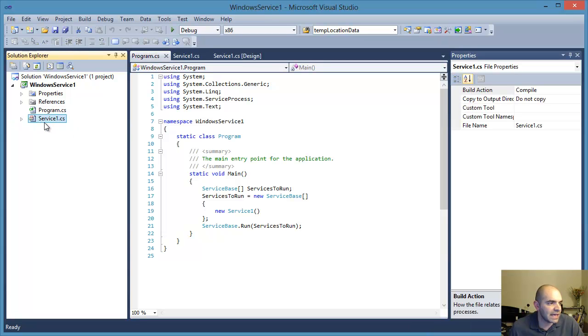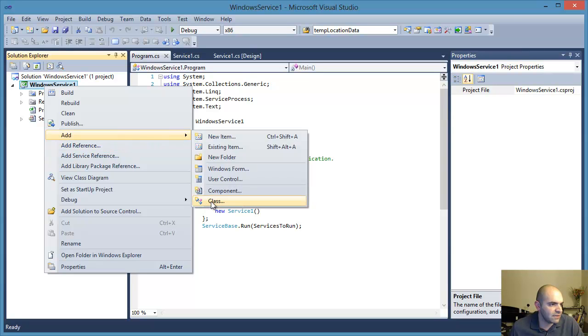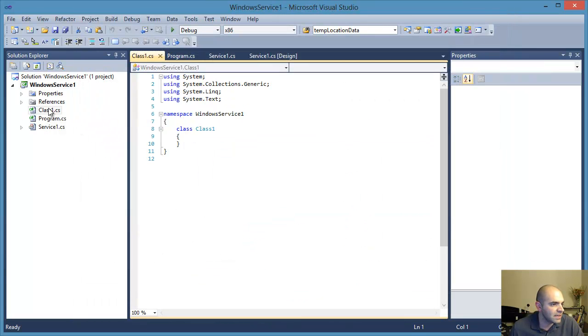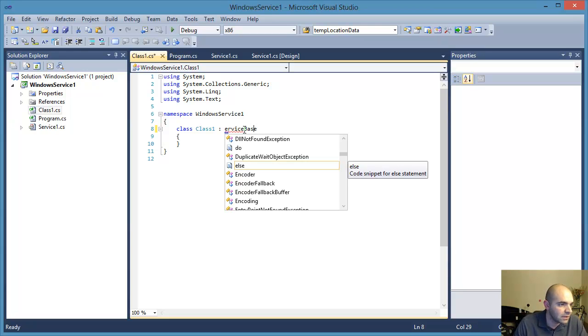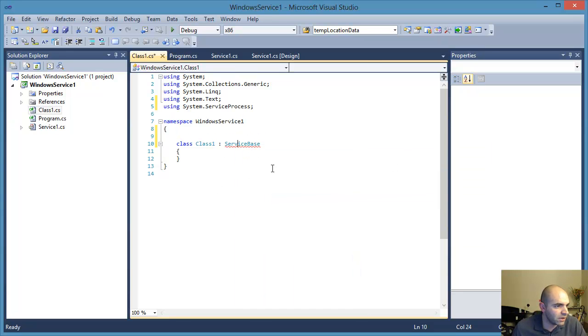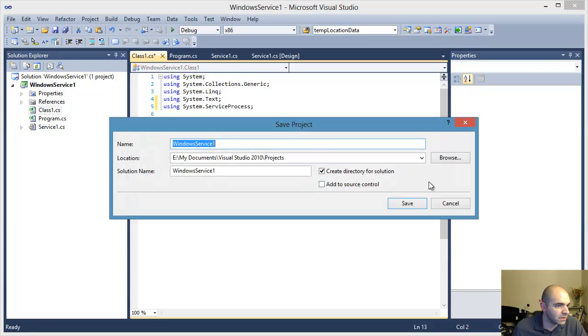So as you can see, this class that inherits from the service base has a little bit of a different icon, but don't let that throw you off. It's not that different from the program class, and I believe that if I add a class in here, just a regular class, so class1.cs, and if I inherit from service base, let's see, I'm not 100% sure if this is going to work or not. Control Enter, resolve using system.process,